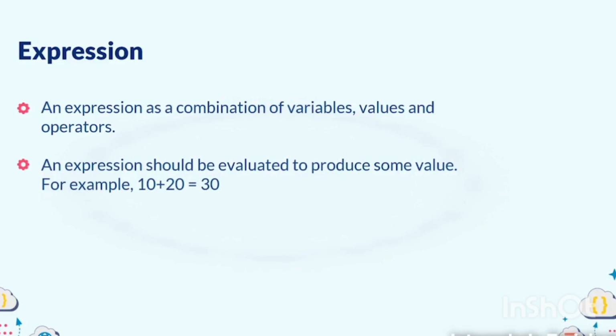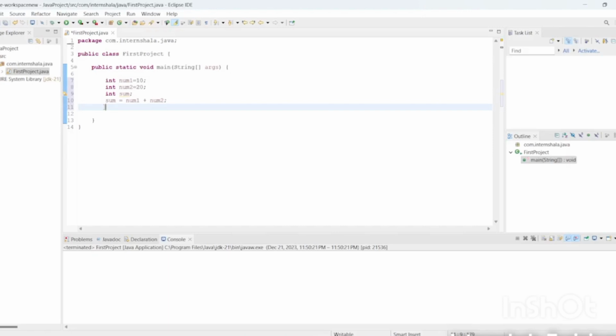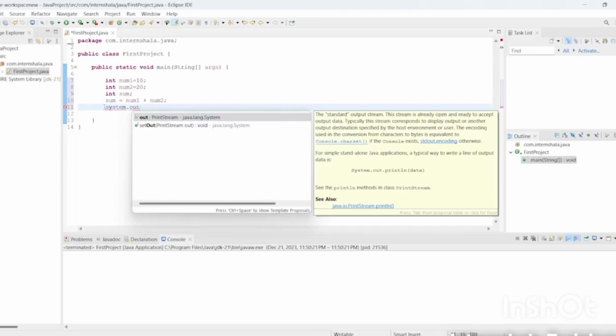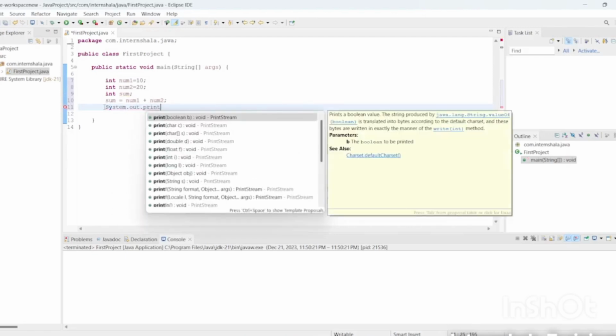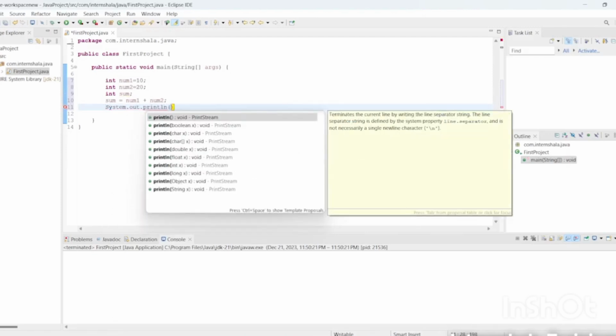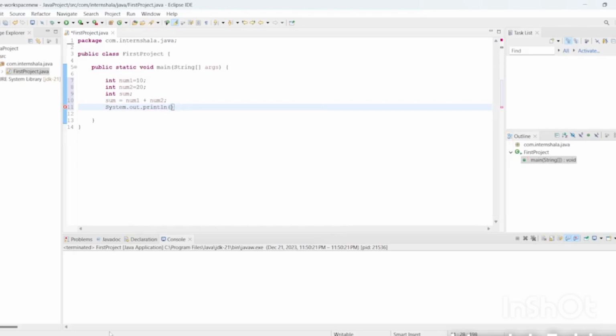Now let's check how we can print the value of some variable. For this, we need to write system.out.println statement, and in that statement we have to write within brackets the variable sum and end the statement with semicolon.